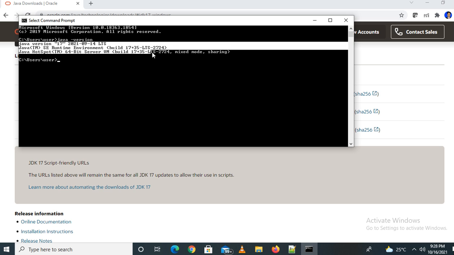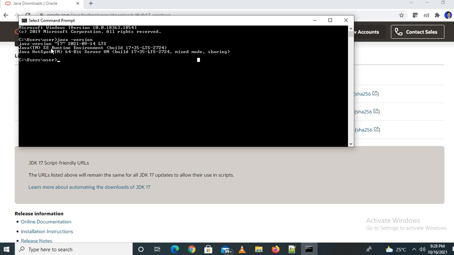It is displaying the Java version and the runtime environment. Now we'll check the javac version: javac space minus version. You can see that javac 17 has been displayed. So we found that Java has been installed properly in our system.